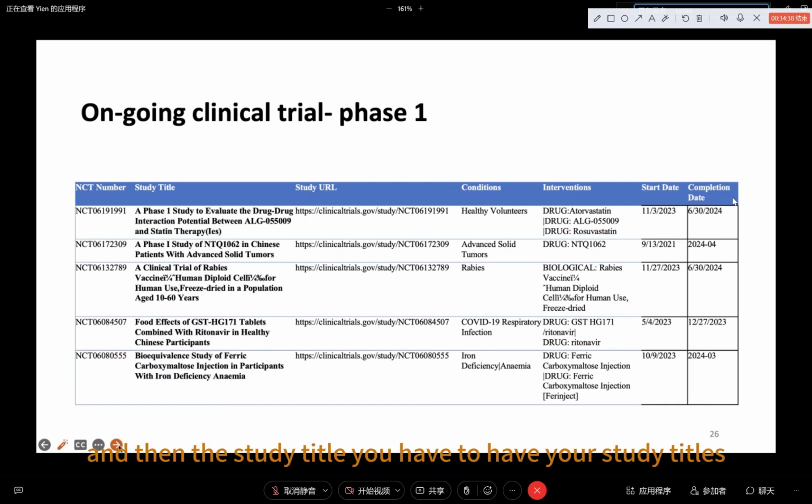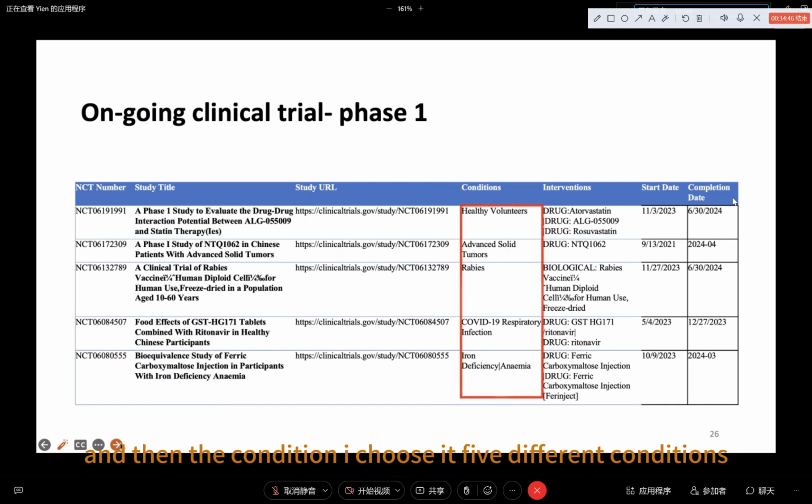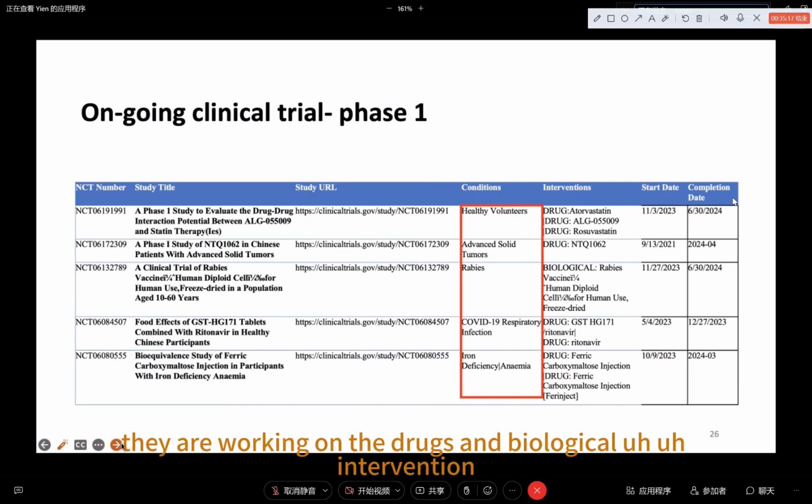And then the study title. We have 5 study titles in different conditions. And then the study URL, and the conditions, where I chose 5 different ones. As Yin she mentioned, phase 1 may include only healthy volunteers, or a specific condition like cancer, rabies vaccine-based studies, COVID-19, and iron deficiency anemia, like metabolism syndrome. Each intervention is conducted on drugs and biological things. So all the studies I chose are ongoing clinical trials working on drugs and biological